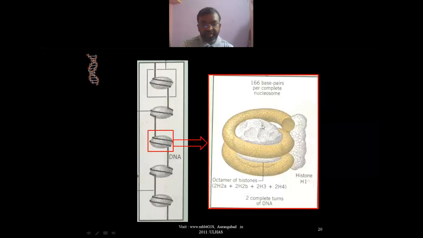Once again, we are going to modify this particular part. This is the typical structure. It comprises the histone. Within that histone protein there are also different types. You can take as homework what types of histone proteins are commonly present in eukaryotes, and on what basis their nomenclature is given. So this is the typical feature of a chromatin.